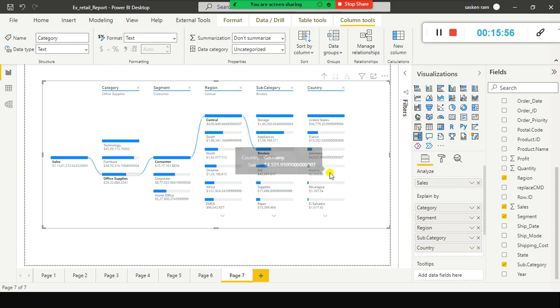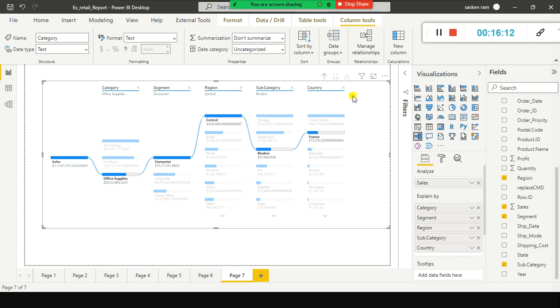See, the bar itself shows where the sale is more, and if you select France, you can see France also. Each country is divided into different regions, central region, south region. In all the countries we could see that in the central region the sale is more.